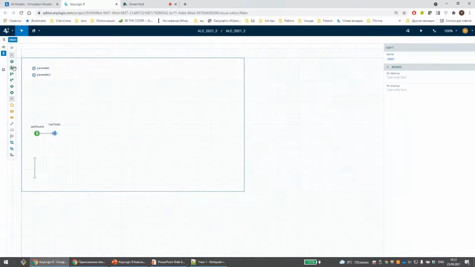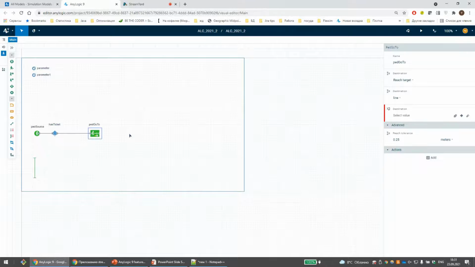You can also drag and drop a block from a palette, just like you do in AnyLogic 8. Either alignment of ports or the connector can be drawn. So this is a block for going to the bus stop.